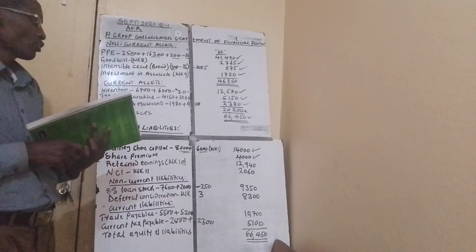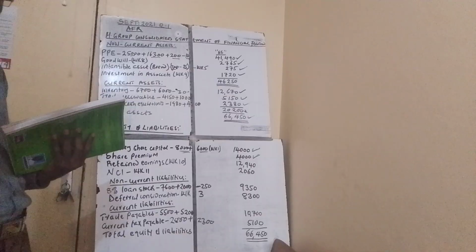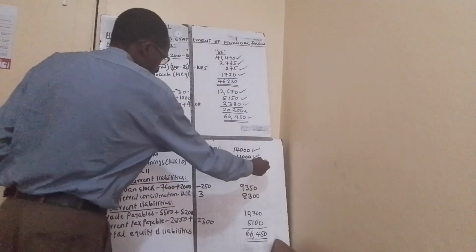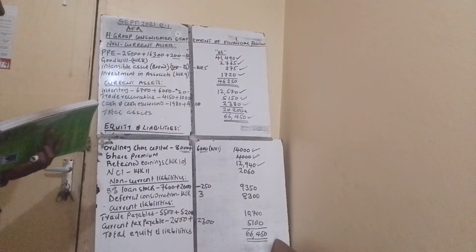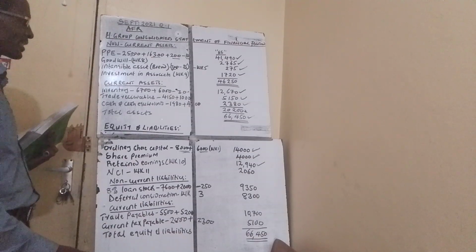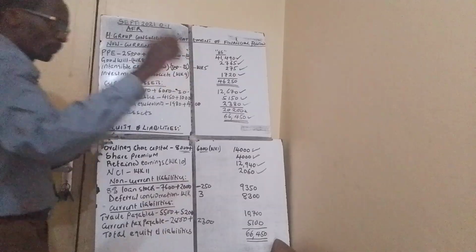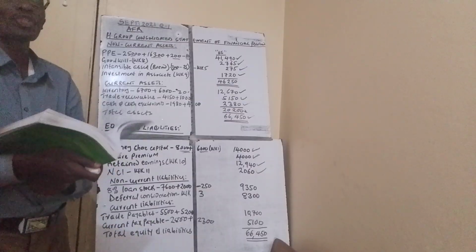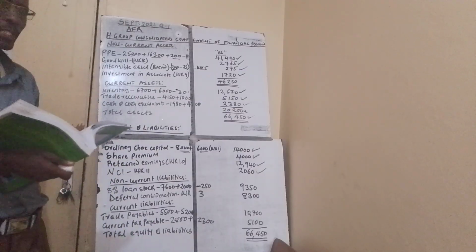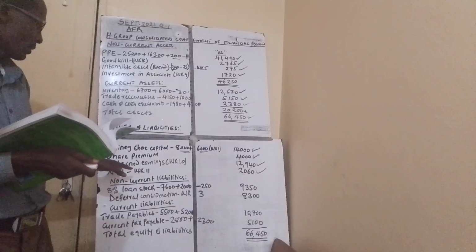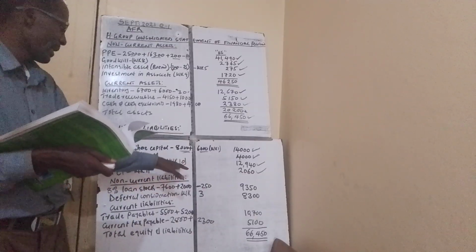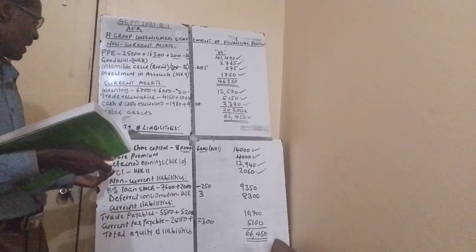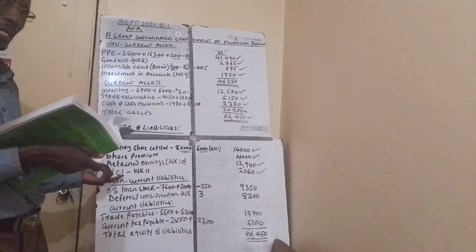Retained earnings, refer to working number 10. That T account, which we have shown, working number 10. Retained earnings, the balance carried down, we got 12,940. Then NCI, working number 11. Now there are 2 T accounts which are very important in group. One is for the retained earnings. When consolidating statement of financial position, you usually use the balance carried down in that particular T account. So you have a T account there, our working number 10, which is retained earnings with balance carried down or closing balance of 12,940. Then NCI, the same, the balance carried down, the closing balance of